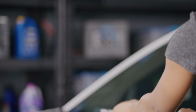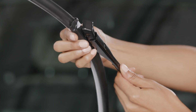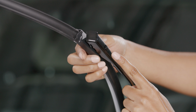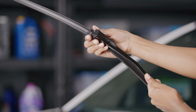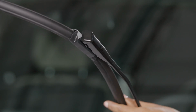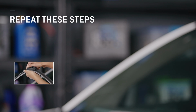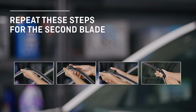With the wiper arm in the upright position, insert the back end of the adapter into the wiper arm opening. Take note, the button in the middle of the adapter must lock into the hole in the top of the wiper arm. But just to be certain you've installed the blade properly, give it a firm tug to make sure it's securely attached. Lastly, if there is a plastic protector over the rubber, slide it off the wiper blade and that's it. You're done! Simply repeat these steps for the second blade